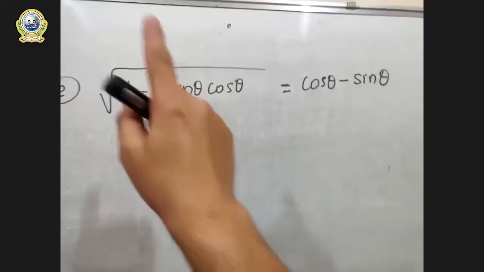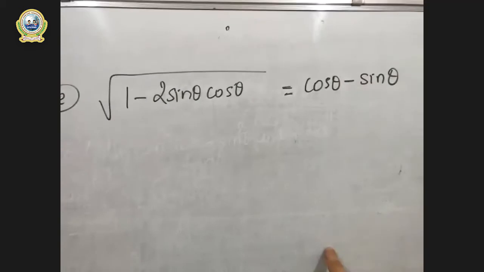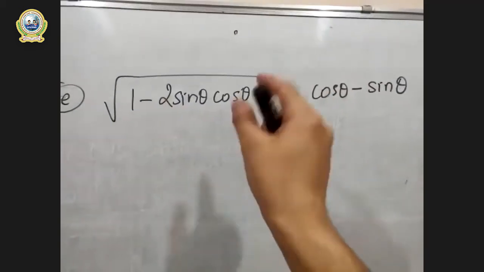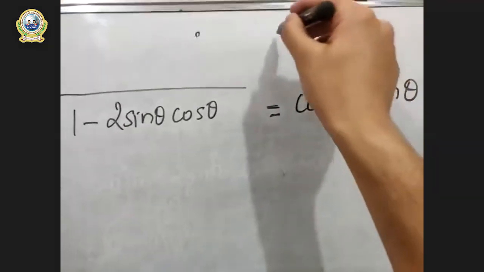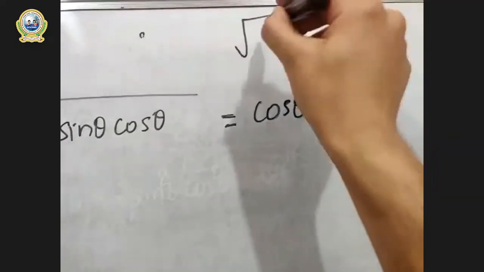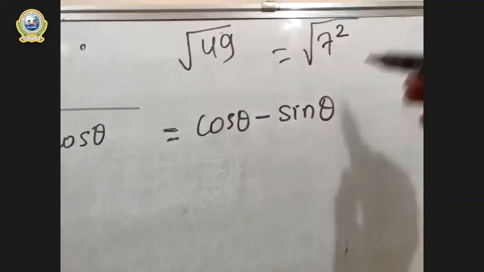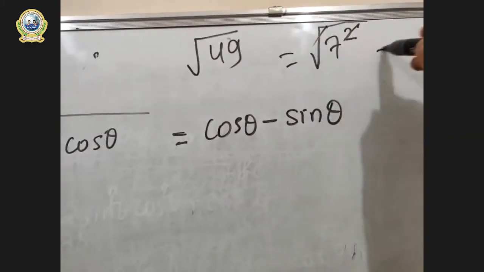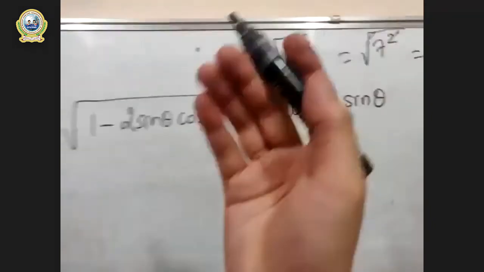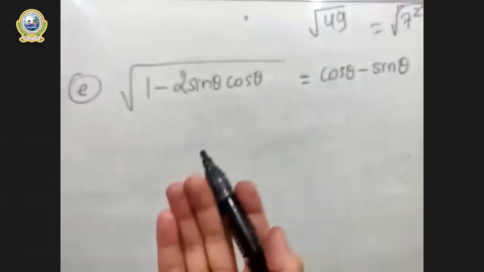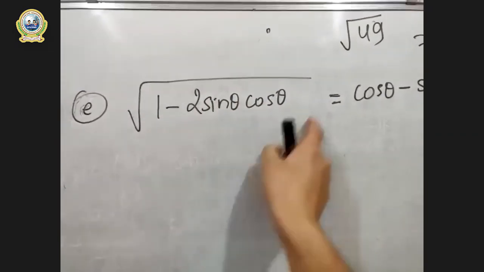And we have to remove root sign because in right part, there is no square root. And to remove square root sign, we need whole square in the inner part. Look at this first. If there is root 49, then what can you write? You can write root 7 square, right? And you can cancel this 2 and root and you write it directly 7. Is it clear? I have to follow this technique over here. Exactly the same. I must make this a whole square so that I can cancel the root.